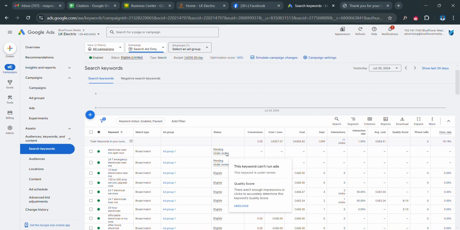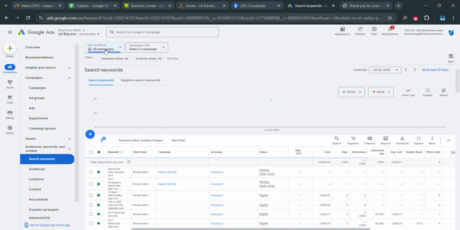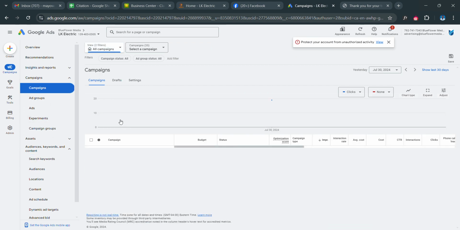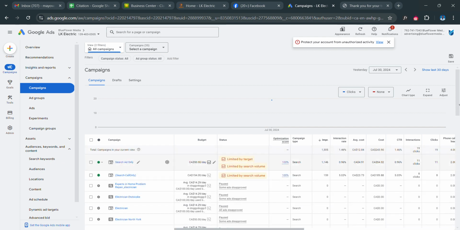Once you are done, you can exit this screen by clicking on all campaigns here. You click on all campaigns. Now you are back to all campaigns. Then you click on campaigns on this left panel, so you would see your campaigns, right? So after this,